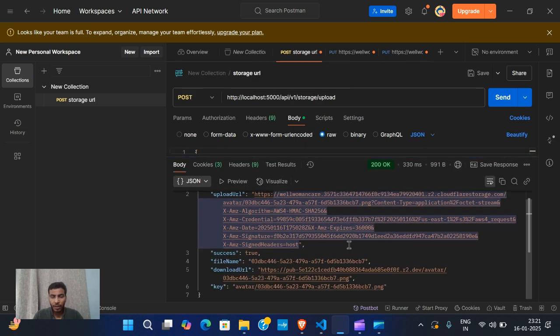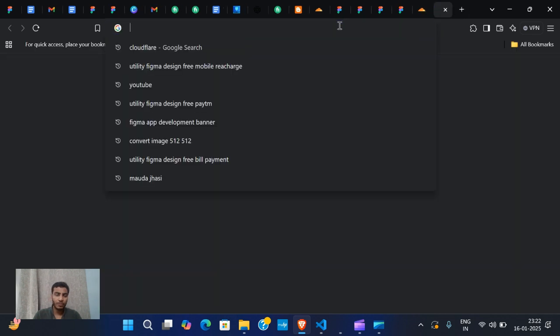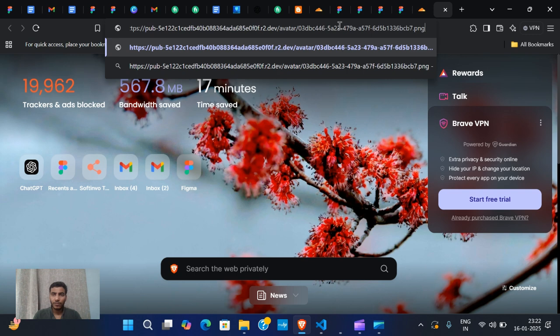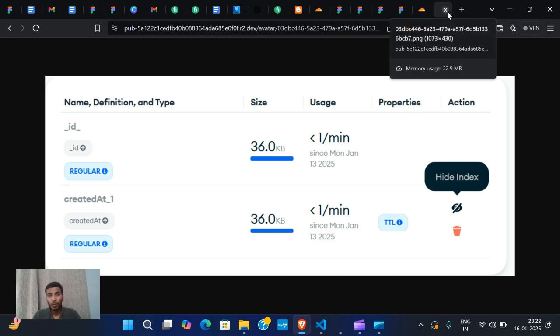If I copy that download URL and open it in my browser, yes, it's already uploaded. So I think you got it, how you can upload an image on